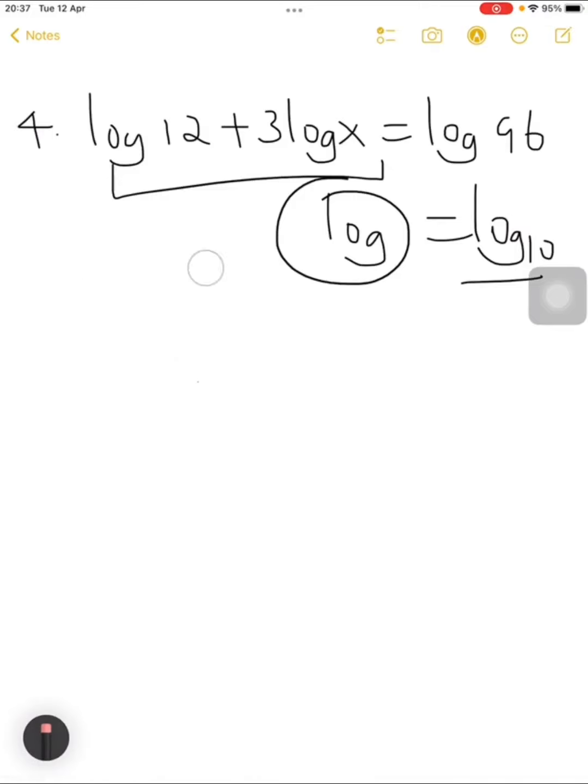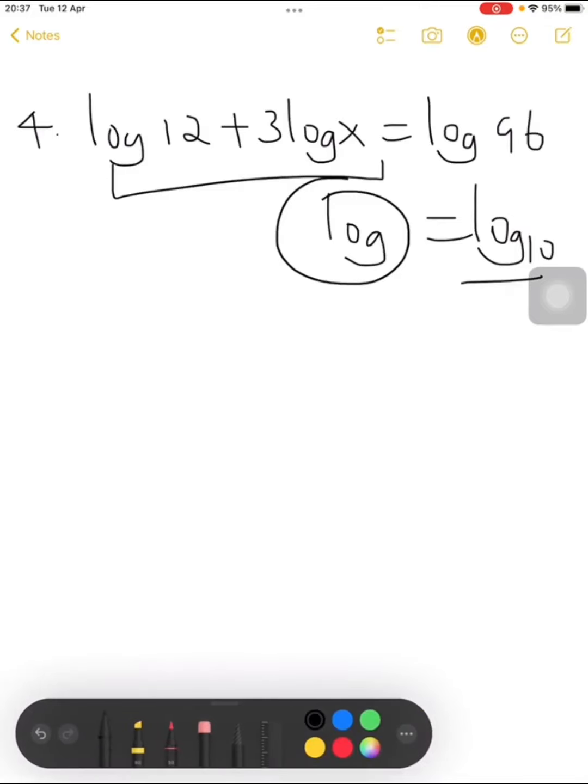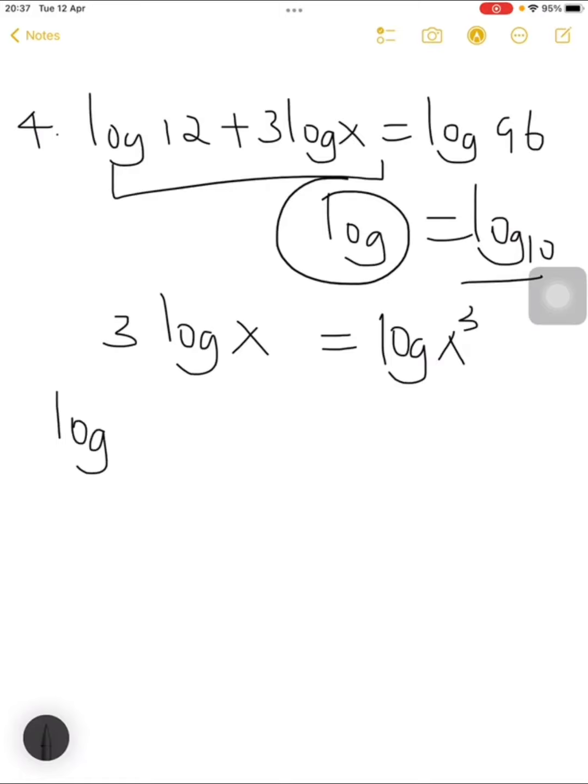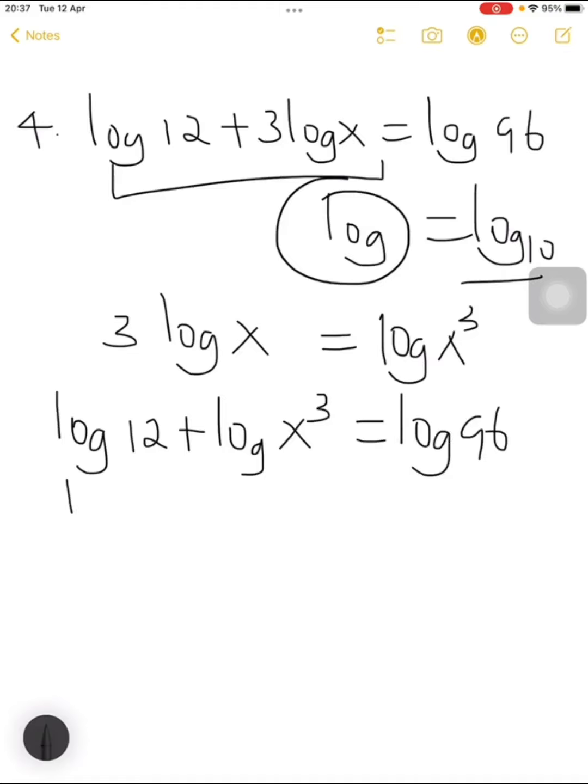Let's transform the second term where we have the 3 log x, and this one is the same as log x power 3. And therefore, here we have log 12 plus log x power 3 is equals to log 96. Now we can use the product rule, and therefore here we'll have log of 12 multiplied by x power 3 is equals to log